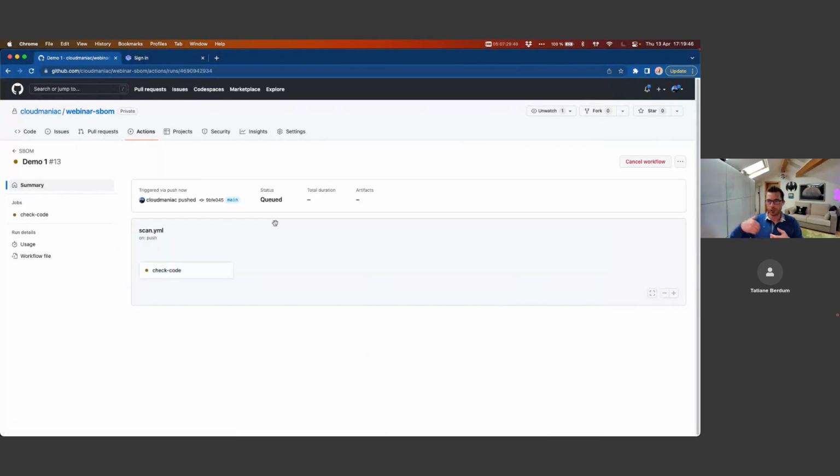That will check my Git repo, if my Git repo contains any vulnerability. And if it contains any vulnerability, I can decide whether I fail the action, so I fail the following jobs, or runner runs after that step,